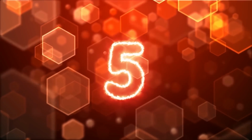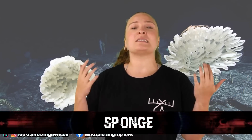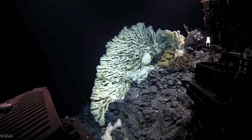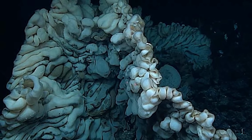In our number 5 spot today we have the sponge. I don't know what it is about them, but sea sponges seriously gross me out. So, to my dismay, in 2015, deep sea researchers stumbled across an insanely huge sponge deep in the ocean. And when I say insanely huge, I'm talking about the biggest one we've ever found, the size of a van